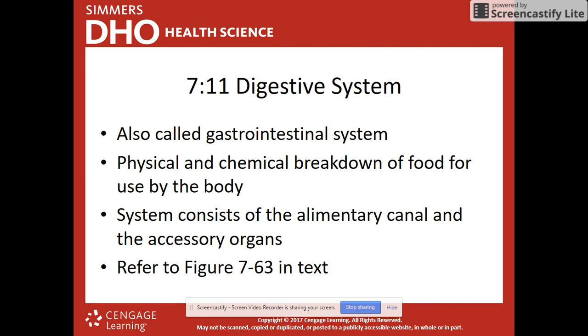So we're going to talk about the different systems that the digestive system has within it. We have the alimentary canal, which is literally from mouth to exit. The pathway that it goes through is the alimentary canal. And then the accessory organs are those that contribute different hormones or secretions or anything that will contribute to the breaking down of food.